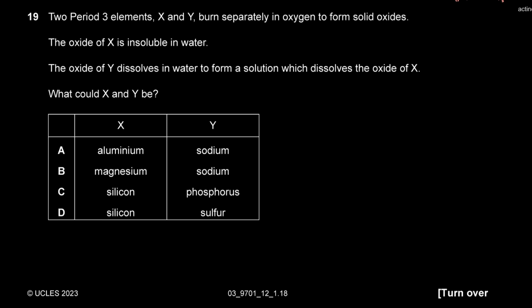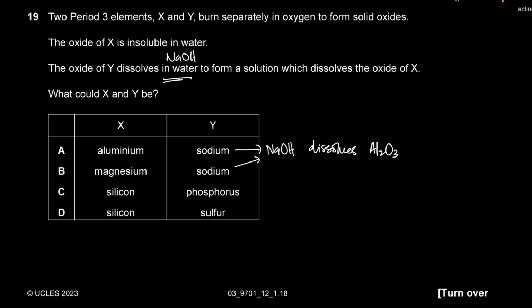So the oxide of X is insoluble in water. That's true for aluminum, magnesium, and silicon, right? All three oxides are insoluble in water. The oxide of Y dissolves in water to form a solution which dissolves the oxide of X. Now sodium forms sodium hydroxide, right? So when the oxide of Y dissolves in water, we get sodium hydroxide, NaOH, and we know that NaOH can dissolve